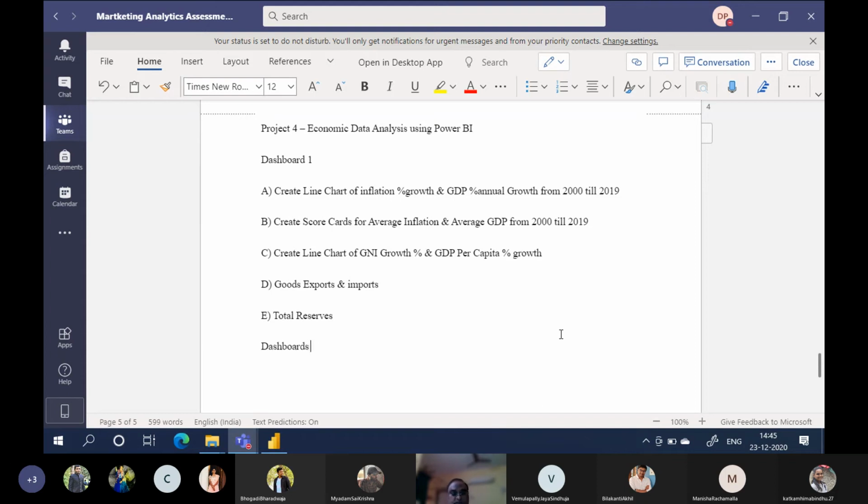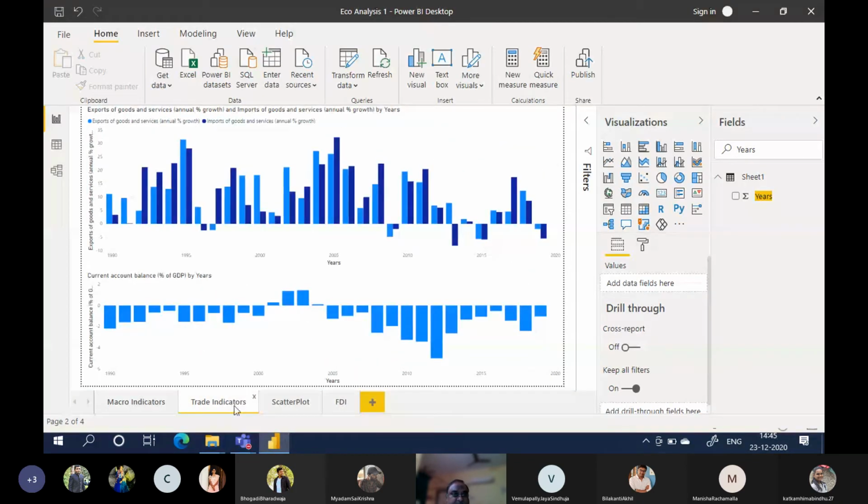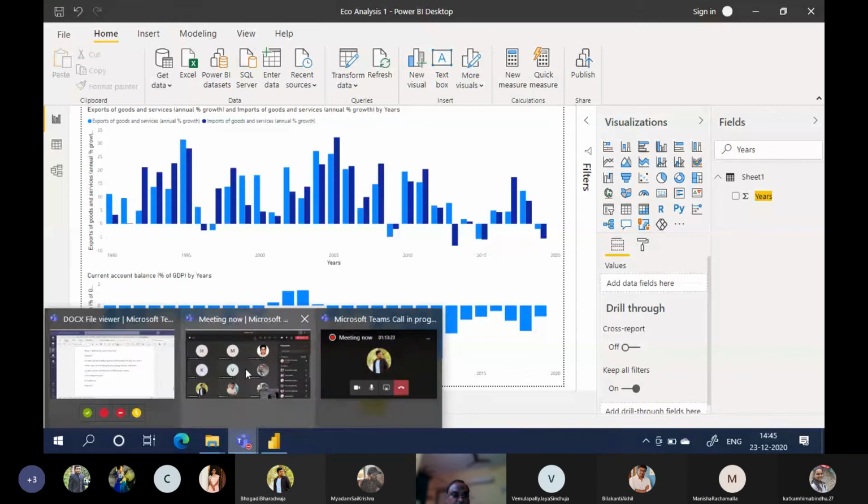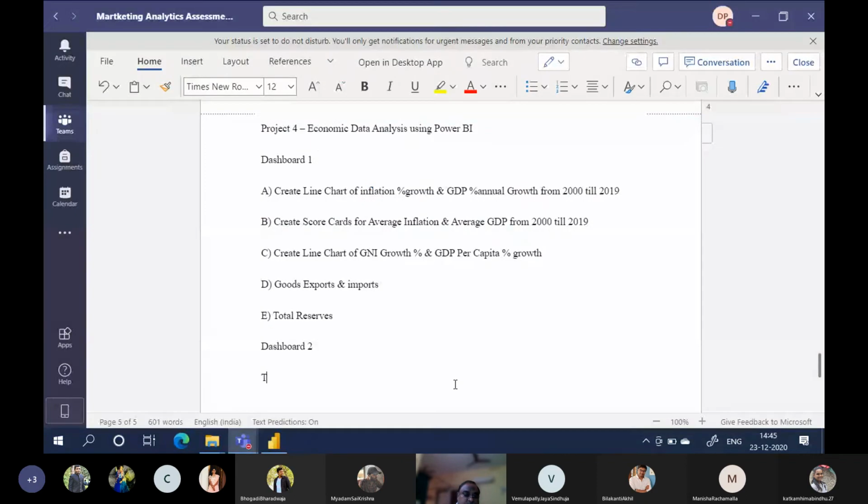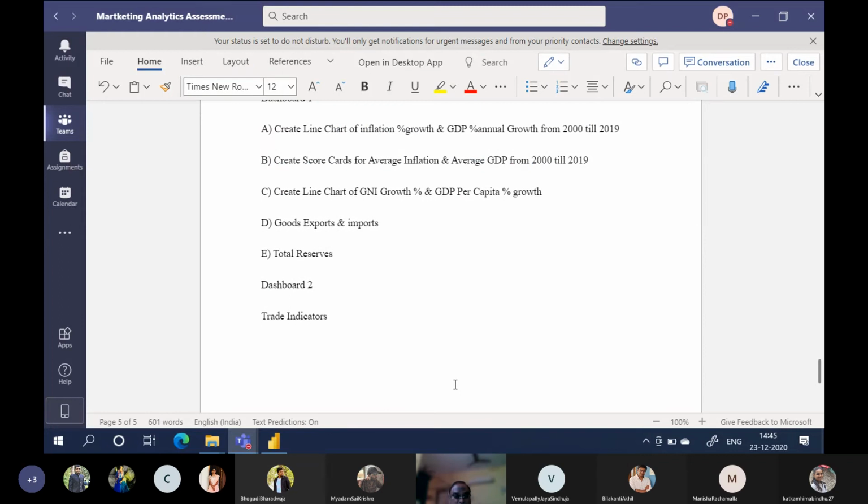Dashboard 2, you will do it for trade indicators. Dashboard 3, scatter plots.